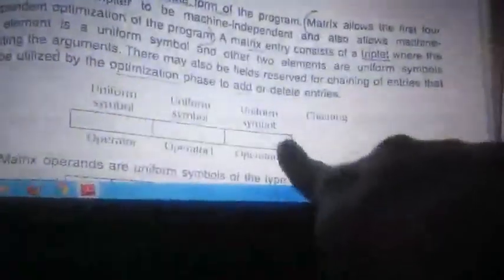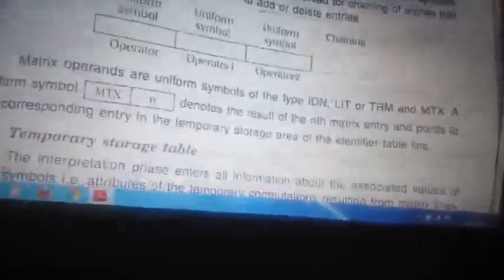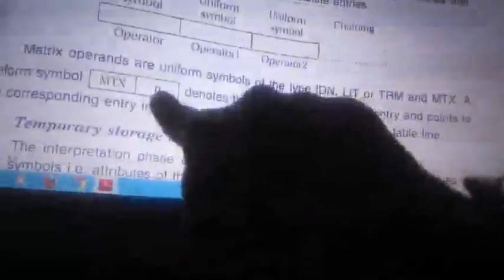In interpretation, we will have an extra thing, that is the matrix. Whenever there is a matrix, then definitely we will have temporary variables which store the value of a middle expression. Start minus finish is not a full expression, it is a middle expression. Then that needs to be stored in M1, which is an identifier, M1 is a variable name, right? So it should be stored in the identifier table. So the identifier table becomes large, and so the database has become large. This matrix will be stored as a matrix and a line number.